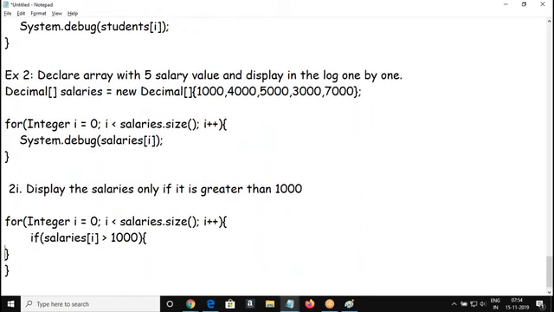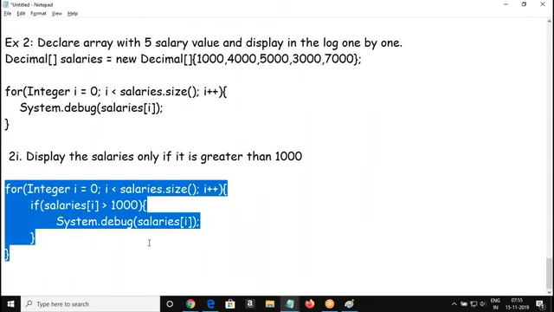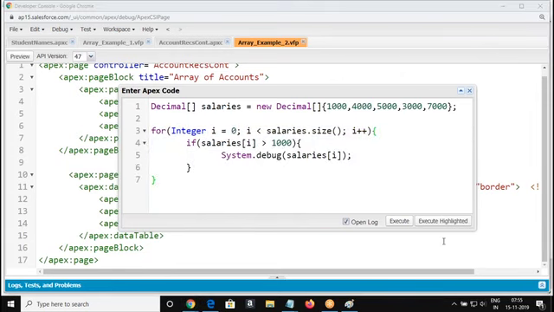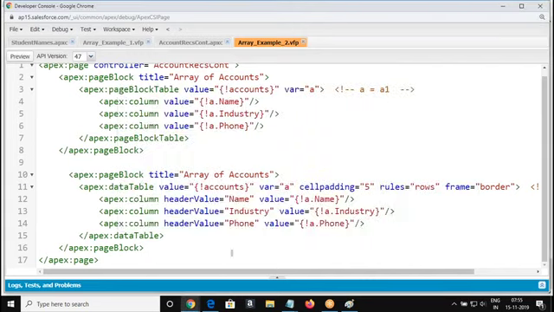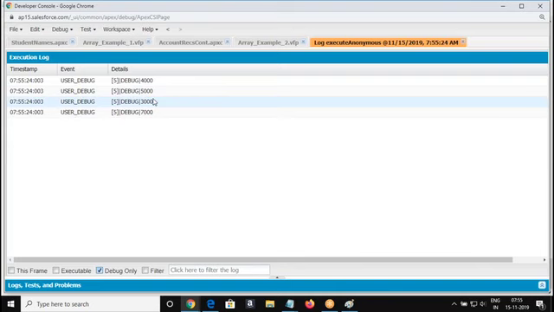Then we are going to display this. Got me? Debug. So now whatever the values are greater than 1000, only those are going to be displayed. Okay, only if salary is greater than 1000 is it going to be displayed, excluding 1000.